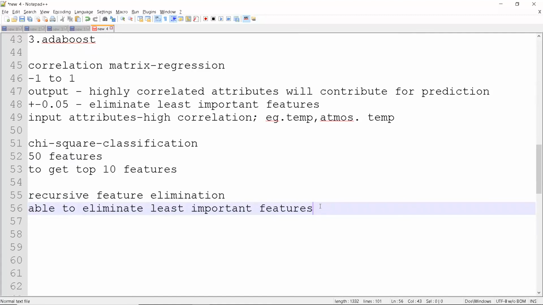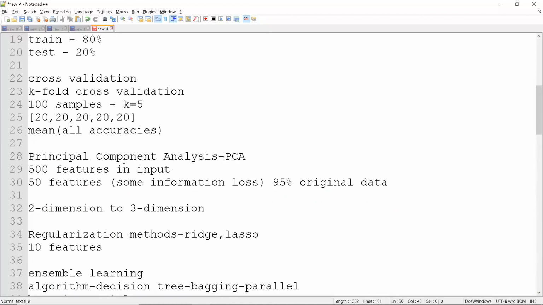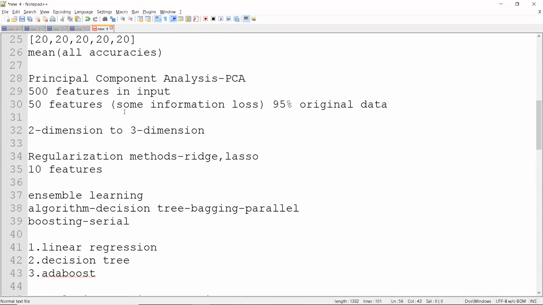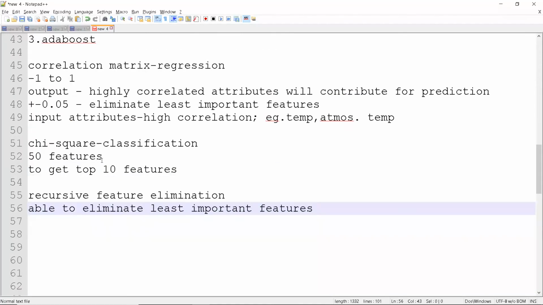But in a professional environment, sometimes the features can be in millions. So you obviously need to use some of these techniques to reduce the data for training. Most of the time they will just use PCA to reduce most of the data. Sometimes you can manually select or deselect the data using these techniques.